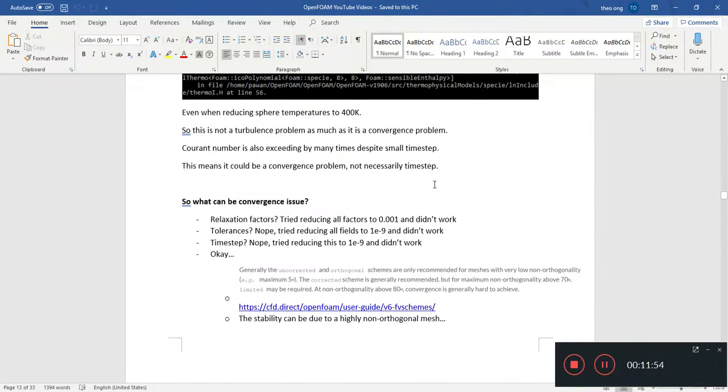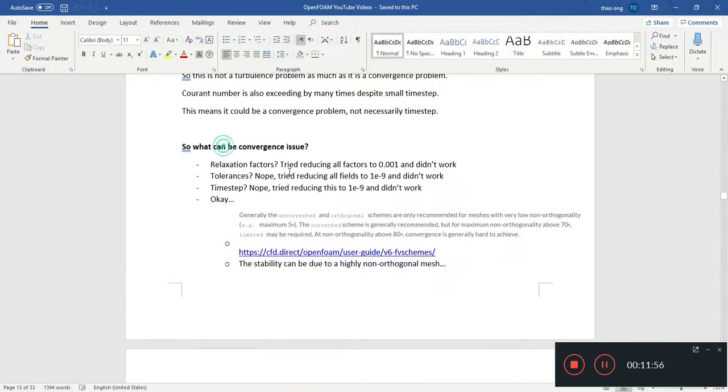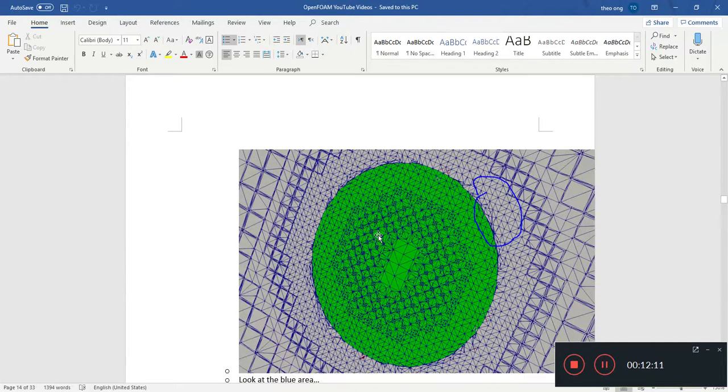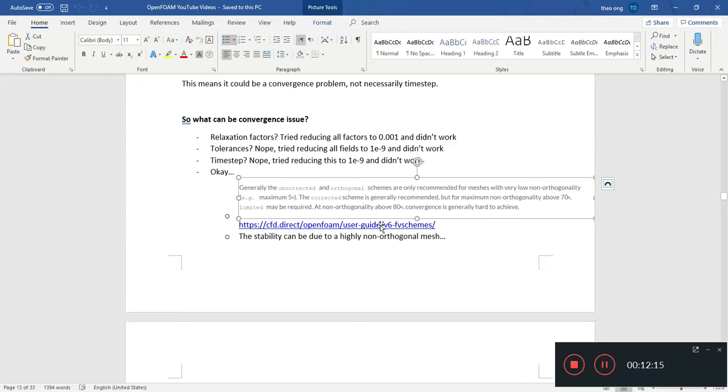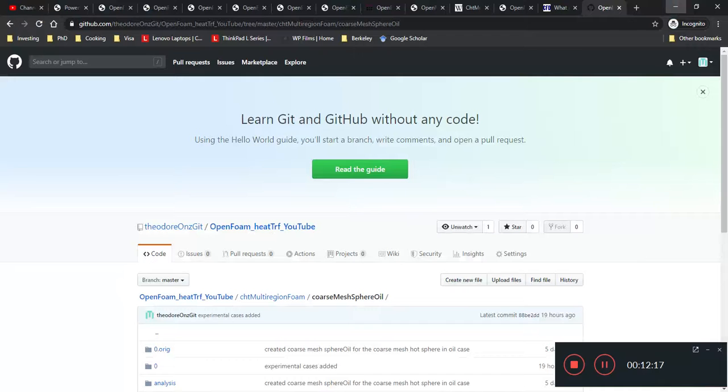So that is what I did. Could it be a convergence issue? I tried reducing all the relaxation factors and the tolerances to very small values. It did not work. Was it a time step issue? I tried reducing that too, and it did not work. And what I had to conclude was that, okay, from this document here,